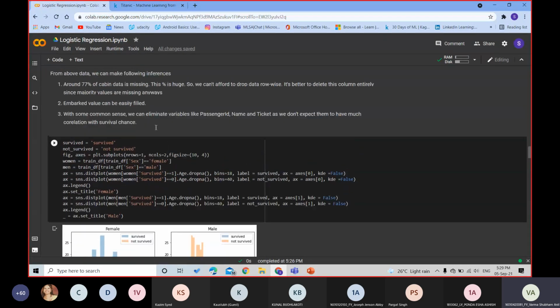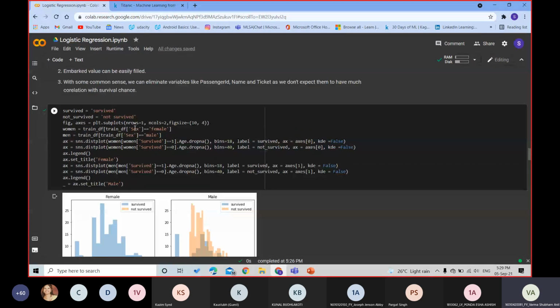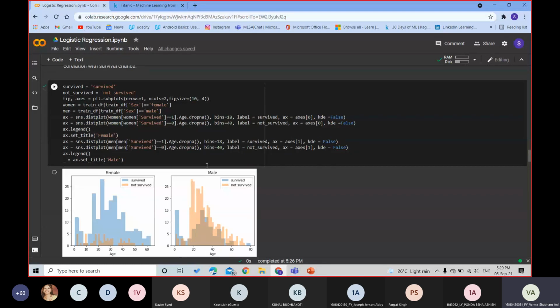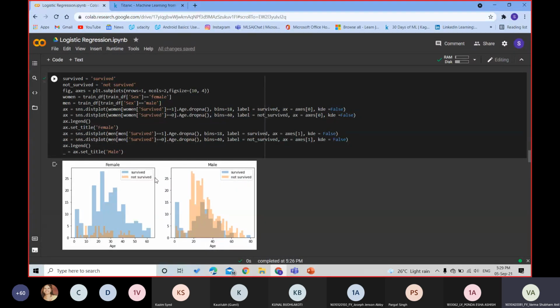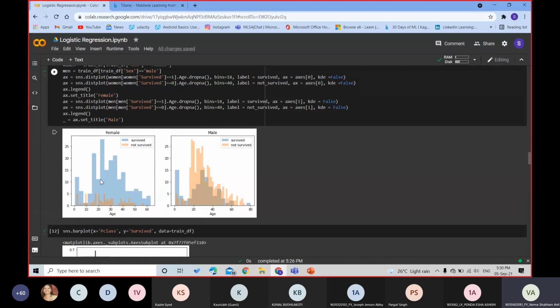So what I did now is I found what parameters I must include in my machine learning model. First of all, I plotted in sex how many males were on board and survived or did not survive, and how many females were on board and whether they survived or not. If you see in the graph, it clearly shows that a large number of females survived, but on the male graph, a large number did not survive. So it indicates that the sex parameter can be used in our machine learning model.